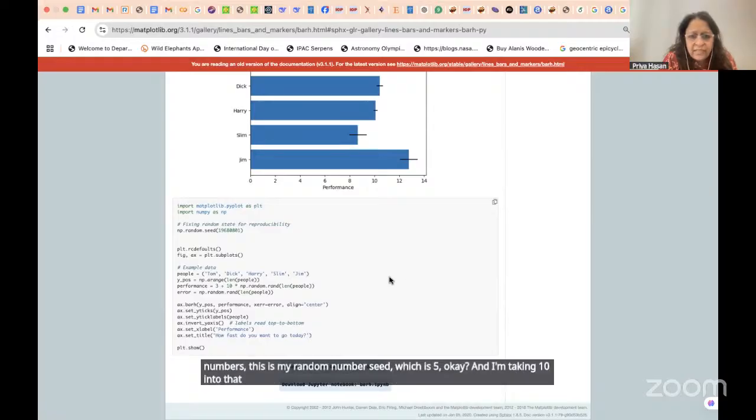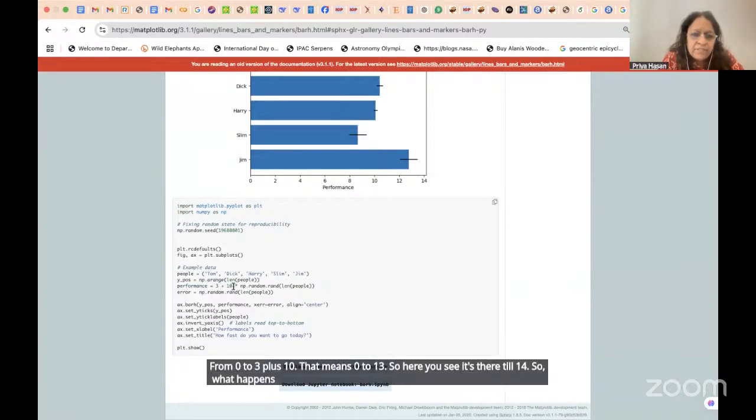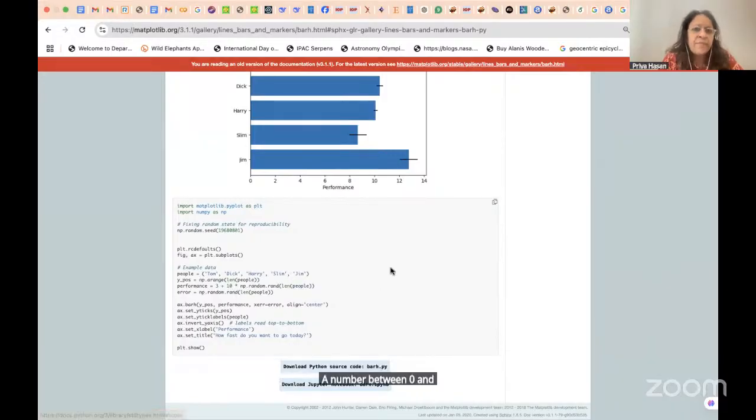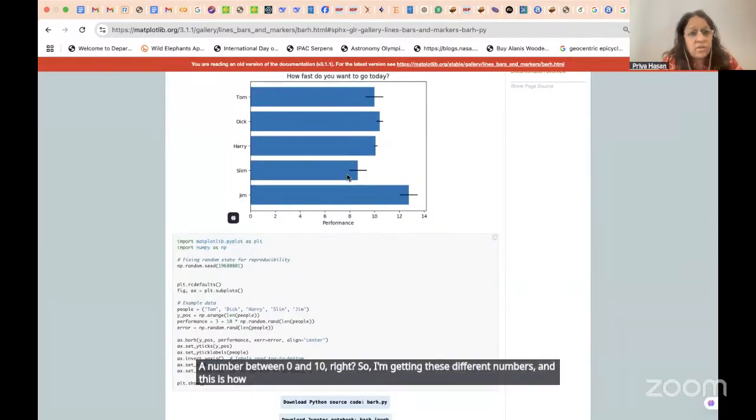So you can see my values are 3 plus 10 into numbers ranging from 0 to 1. So typically my numbers are from 3 to 3 plus 10, that means 3 to 13. So here you see it's there till 14. So what happens is my performance here I'm generating as a random number, 3 plus a number between 0 and 10, right? So I'm getting these different numbers,